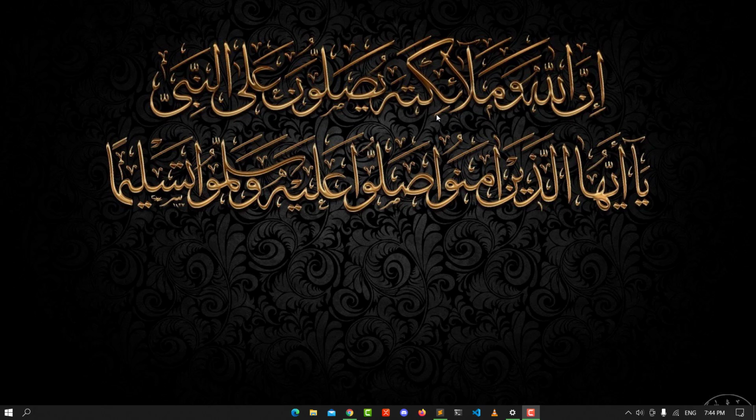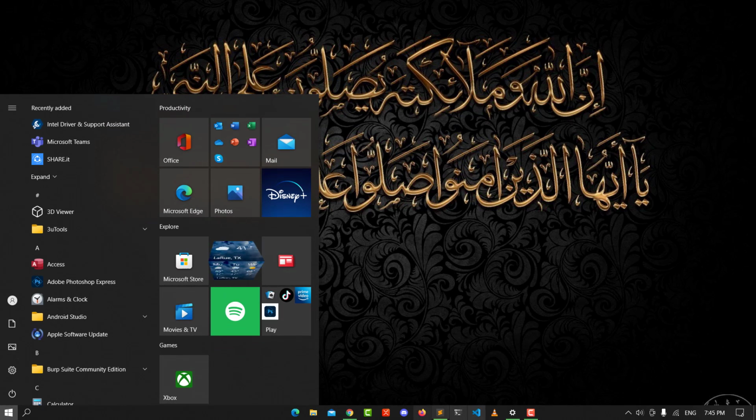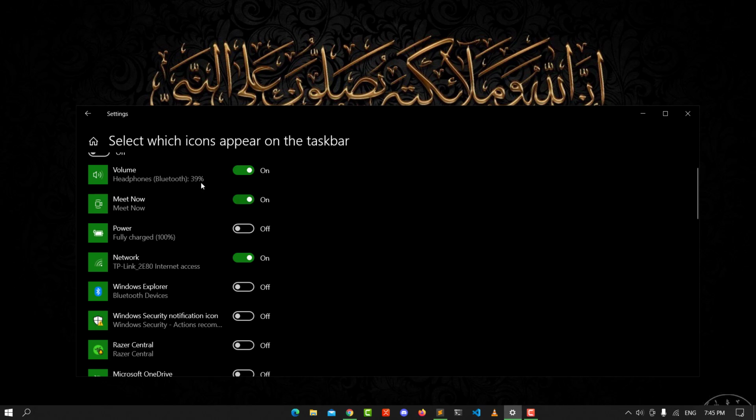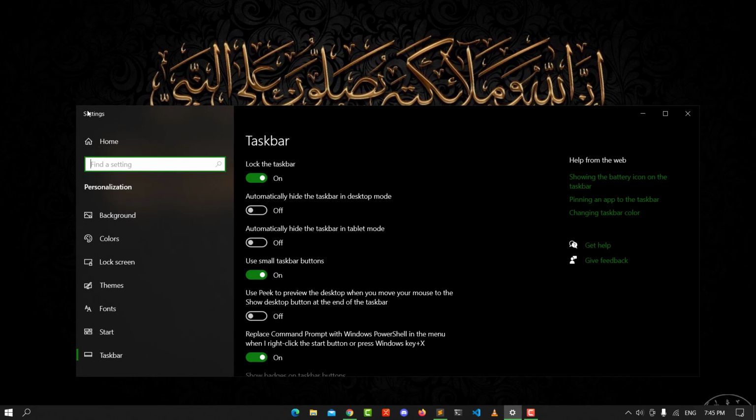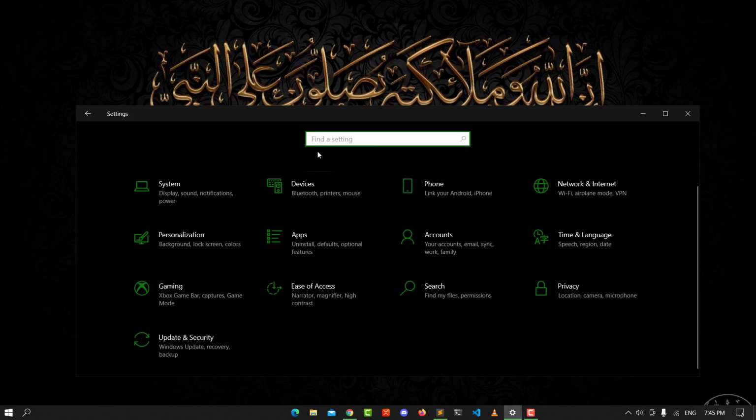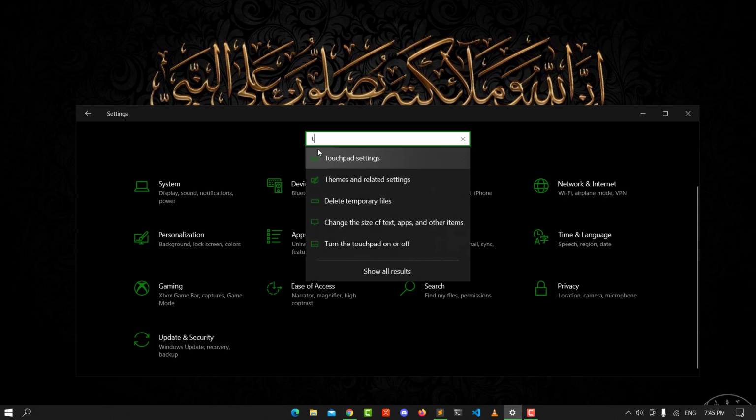Today I'll walk you through how to show the battery icon. It's not found here. The first thing you do is go to Settings. After you go to Settings, go to the Find box here and type